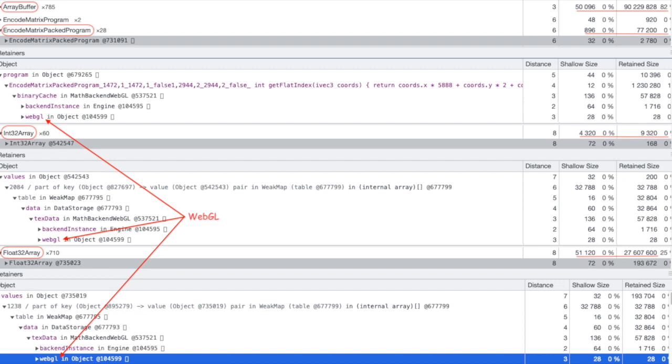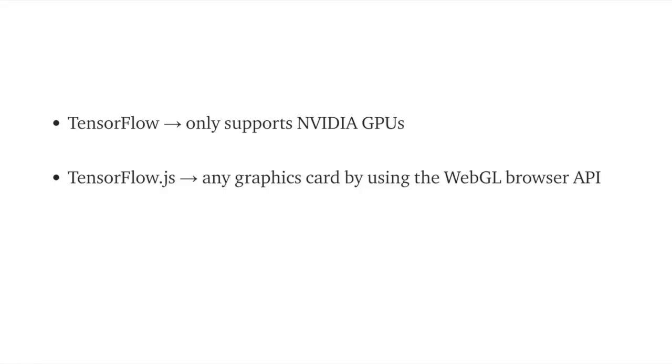The performance was drastically improved, and there was almost no increase in the heap snapshot after performing the same scenario that led to an increase of over 100 megabyte when the library was present. Do you want to know why? Here is the answer. Unlike TensorFlow, which only supports NVIDIA GPUs, TensorFlow JS works with any graphic card by using the WebGL browser API. This is an advantage of TensorFlow JS over TensorFlow, but as a result you lose a bit of performance,